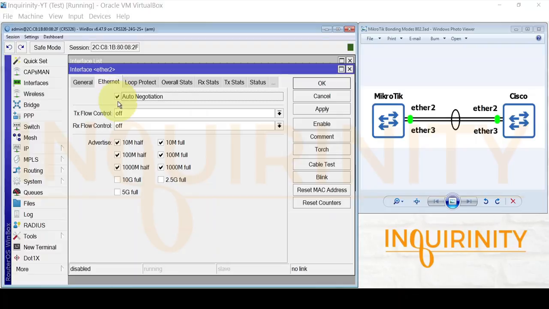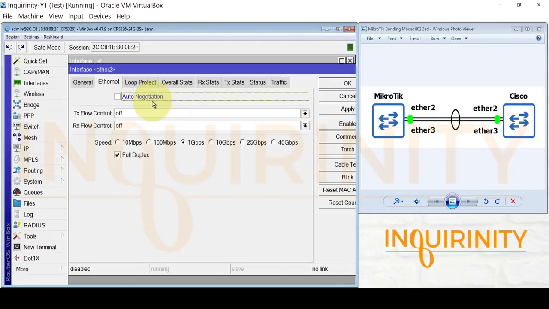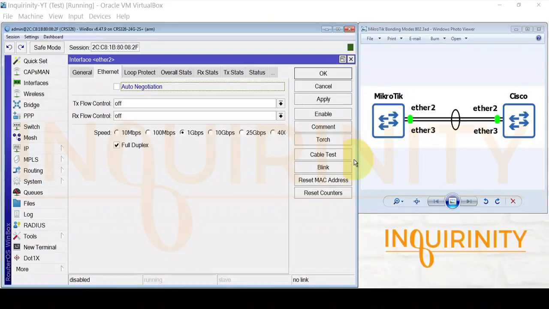So we could opt to uncheck the auto negotiation, and on the speed and the duplex settings, we need to make sure it matches our other device, which in this example is a Cisco switch. And unfortunately for this demonstration, I only managed to have an old Cisco switch, so it is not a gigabit switch. So I will not force 1 Gbps as a speed, but rather I will just stay put with 100 Mbps, but I will run at full duplex. Again, this is just for demonstration purposes.